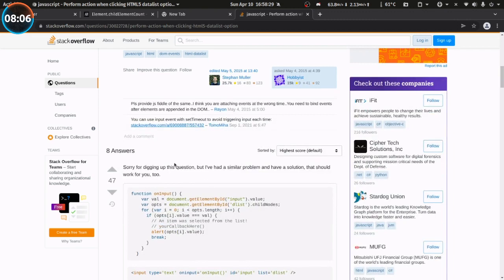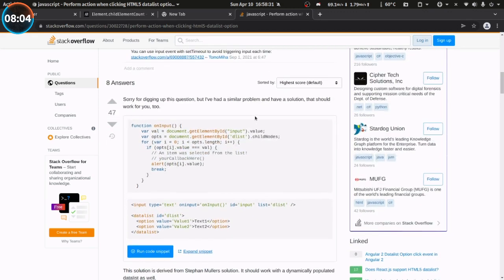Hobbyist. Okay, I have a solution. Child knowns an item was selected. Okay, let me figure this out. On input. Oh, so I check when it matches. On input. So